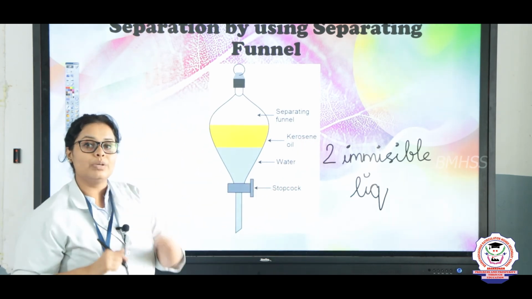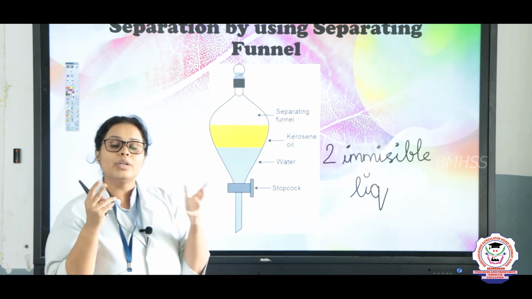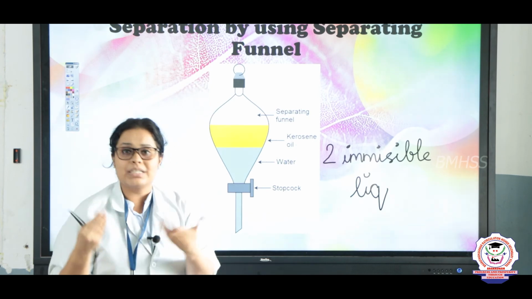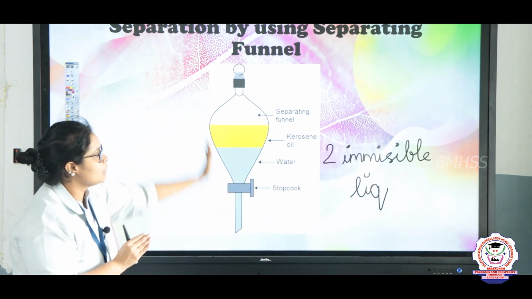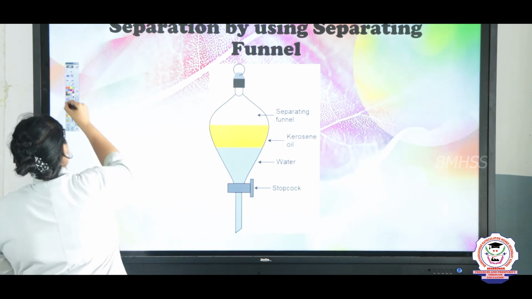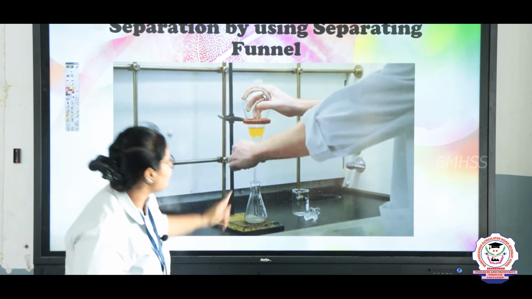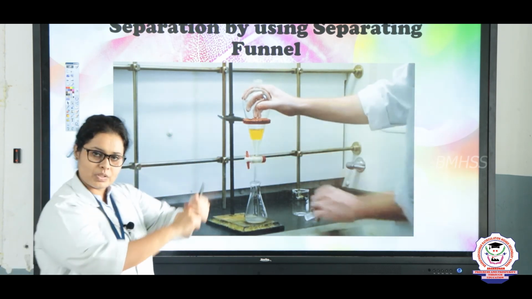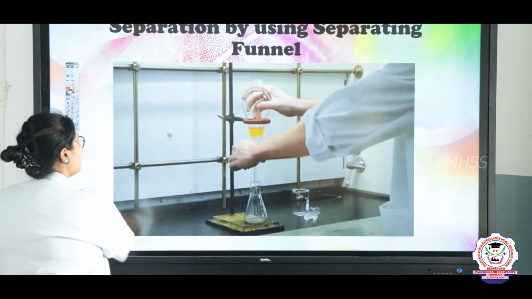Now what you have to do is, you have to shake it well. When you are shaking it, you will see that something or the other is getting mixed. Then you keep it to rest. When you are keeping it to rest, you will see it like this. Now, after keeping it to rest, you have to clamp it. Clamp it means you have to fix the position and you have to open the knob. Which knob I showed you, right?